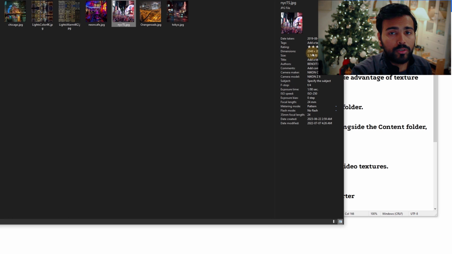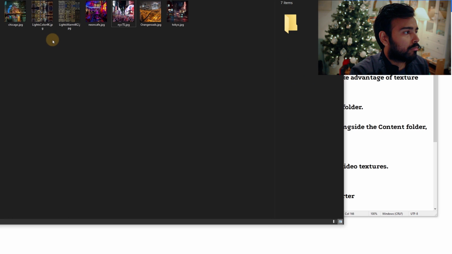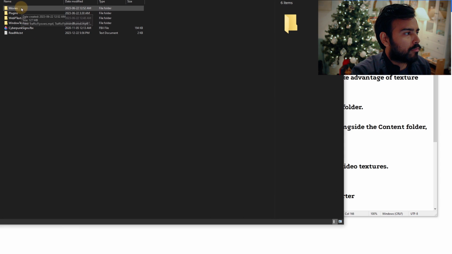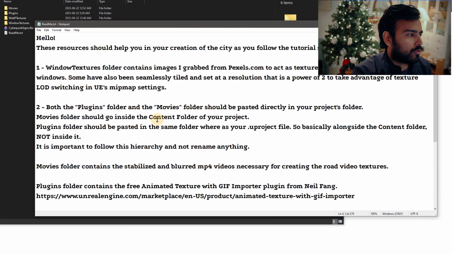Some of them are 2K, for example. So that's what the Windows texture is that you can use in the actual module where you make the window, the nighttime windows. The other thing is the movies folder and the plugins folder. As the text file says, they should both go inside the project folder. The movies folder should go inside the content folder, and then the plugins folder should be where your U project